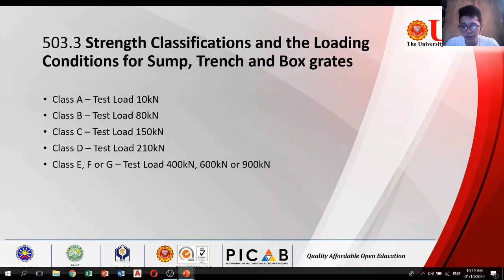So for Class A, kani siya for locations trafficked only by pedestrians and wheelchairs and cyclists, and accessible to motor vehicles by virtue of barriers, narrow passages or steps or unpaved approaches. Ang Class B naman is